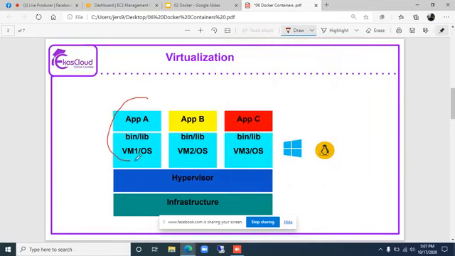Application A's libraries and binaries lie in this virtual machine and its operating system. Application B's libraries and binaries lie in this virtual machine and its operating system. This isolation is also fine, but you have to purchase a license for each and every operating system, or maybe a subscription.